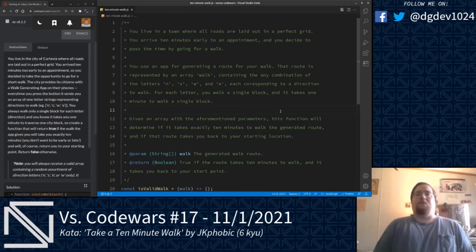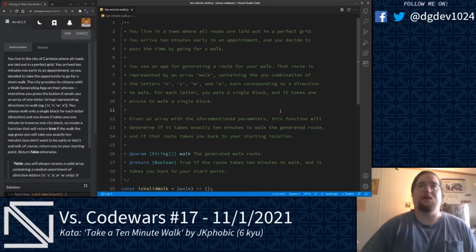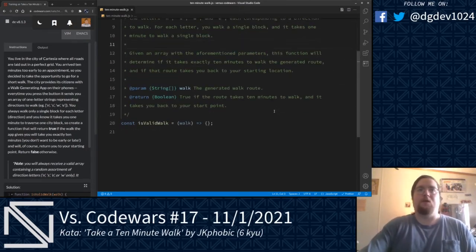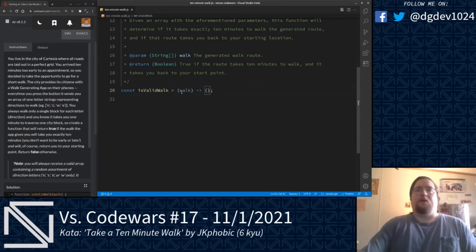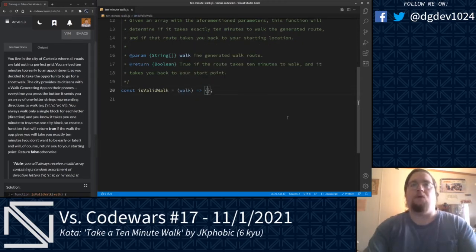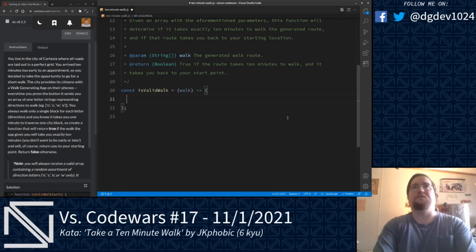Given an array with the aforementioned parameters, the goal of this kata is to determine if it takes exactly 10 minutes to walk that generated route, and if that route takes you back to your starting location just in time for your appointment. Let's go ahead and get started with this one. Alright, we have this one parameter here, walk, which is our array. What we'll go ahead and try is